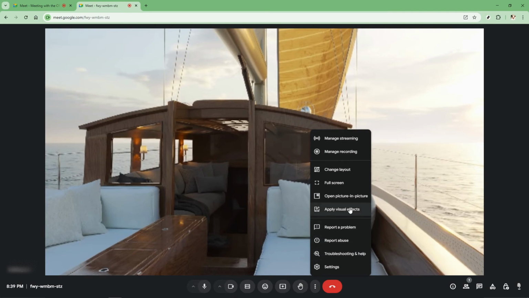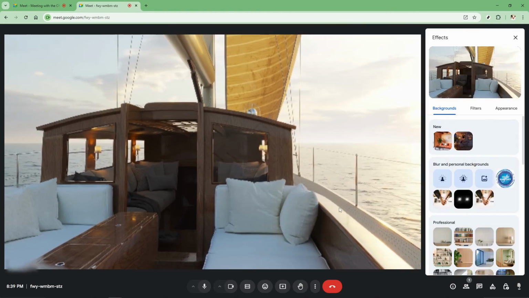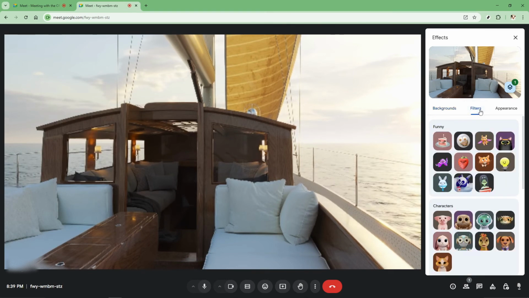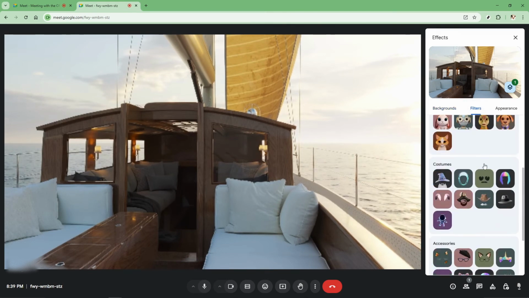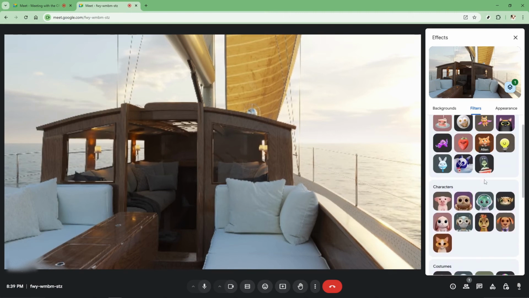After selecting Apply Visual Effects, you'll see a panel open on the right side of your screen. Here, you're presented with a variety of filter categories that you can choose from. Take your time to navigate through these options and select the filter that best fits your mood or the nature of your meeting. Whether you're looking for something professional, quirky, or just plain fun, there's likely a filter that meets